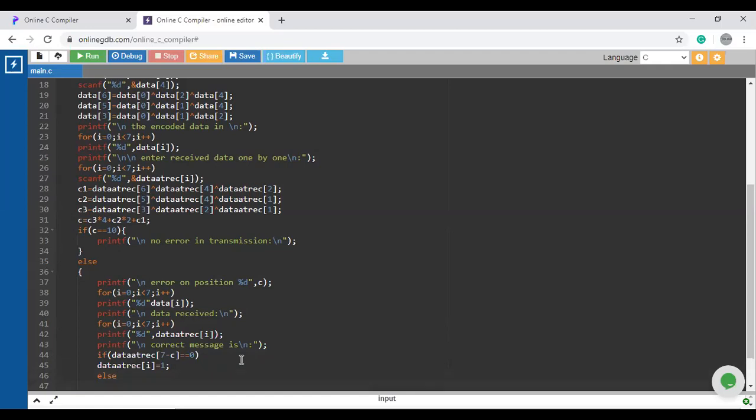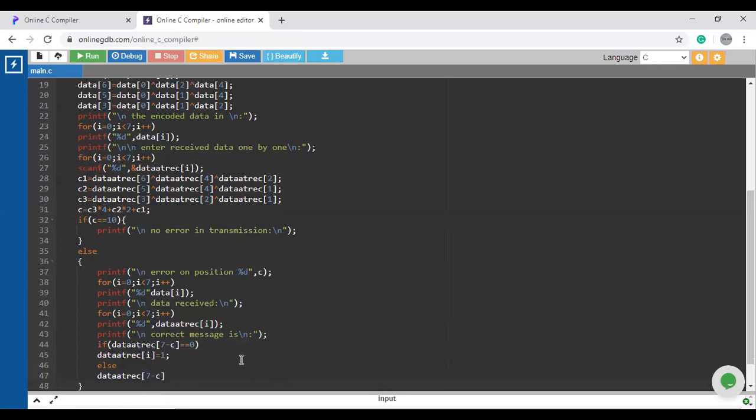Otherwise, if data at receiver side at 7 minus C is not equal to 0, then store 0.